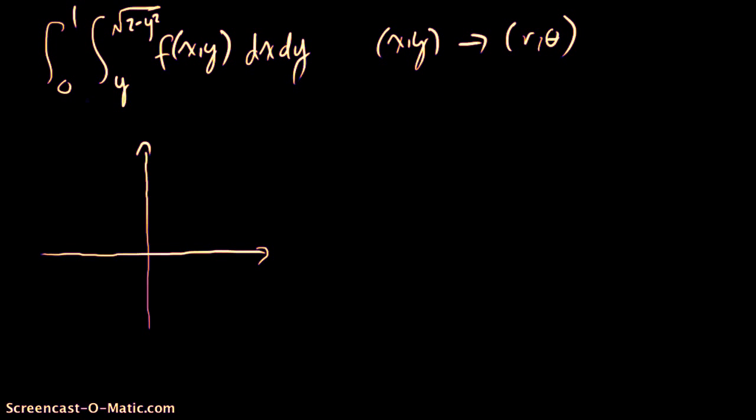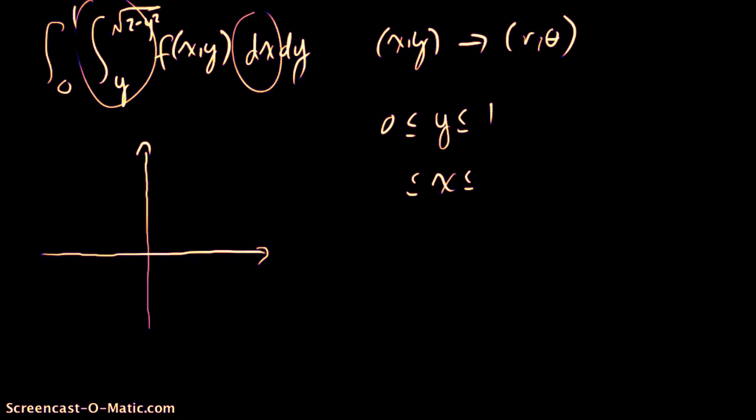The y values are going to be going from 0 to 1. I just found that by looking at this outer part, and I'm going to do the same kind of reasoning for the x. The x values are associated with the inner part, and that's going to go from y to the square root of 2 minus y squared. Okay, well, what does that look like? Well, just notice that this right here,